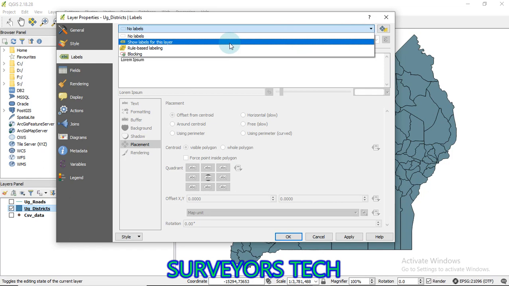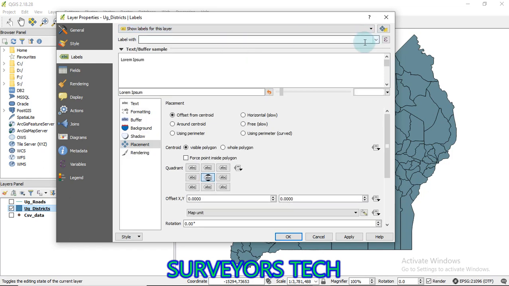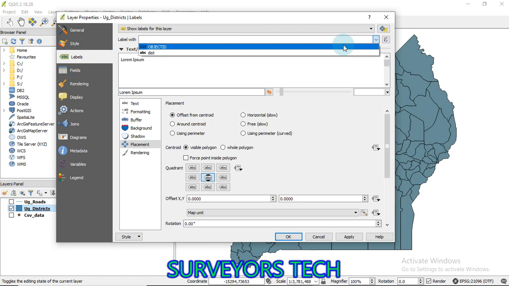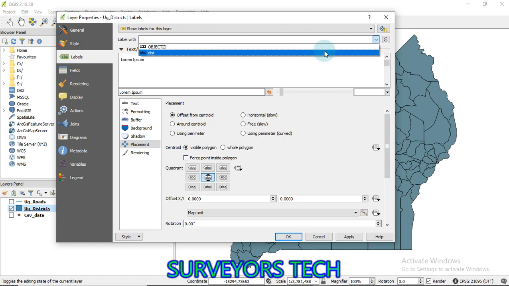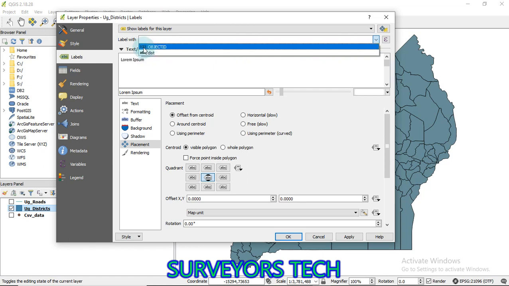Now, how do you want to label your data set? Click on the drop down. Do you want to label it with object ID or with this field called dist? That field dist, you can see the data type here, ABC. It is text, but these are numbers.